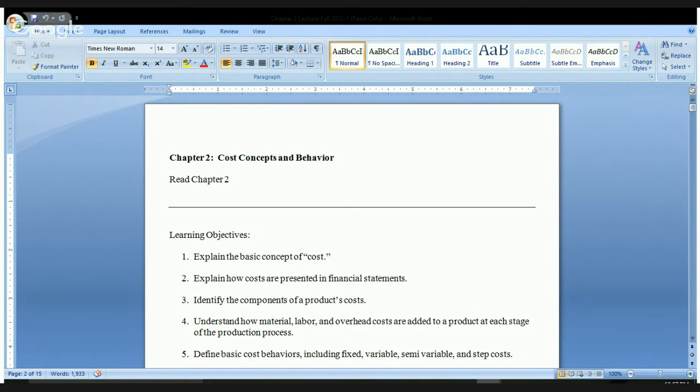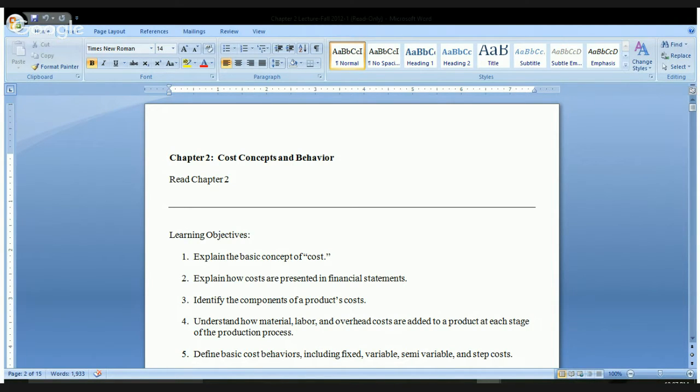Now, what is an expense? An expense is money spent or cost incurred by an organization's effort to generate revenues, representing the cost of doing business. So basically, an expense is the cost of doing business. Now, all expenses are costs, but not all costs are expenses. When you think about expenses, you think about rent expense, utility expense, and stuff like that. Now, what is a cost and is never an expense,